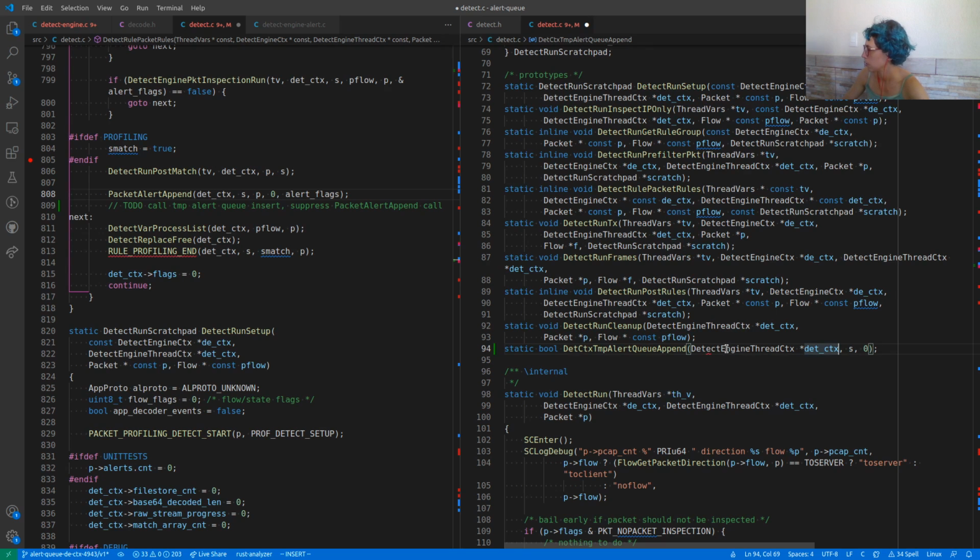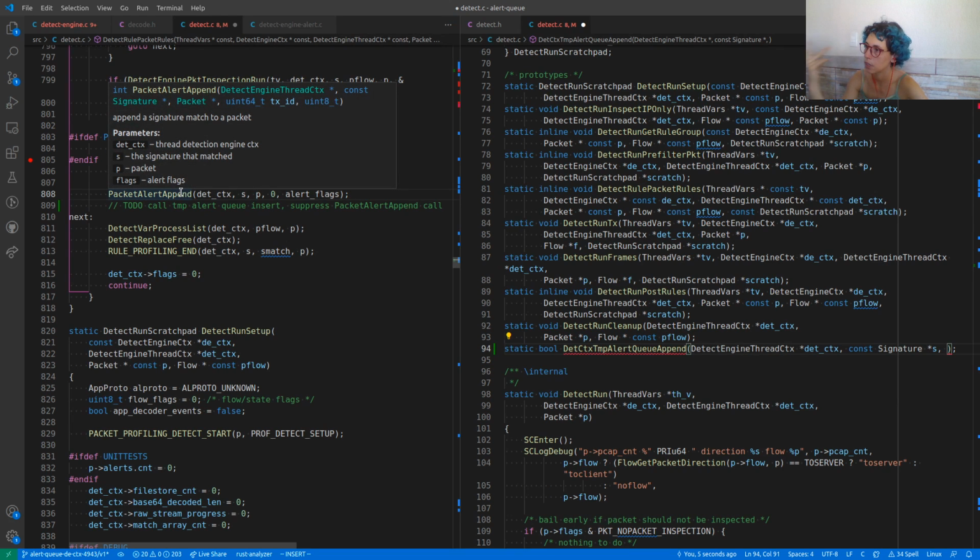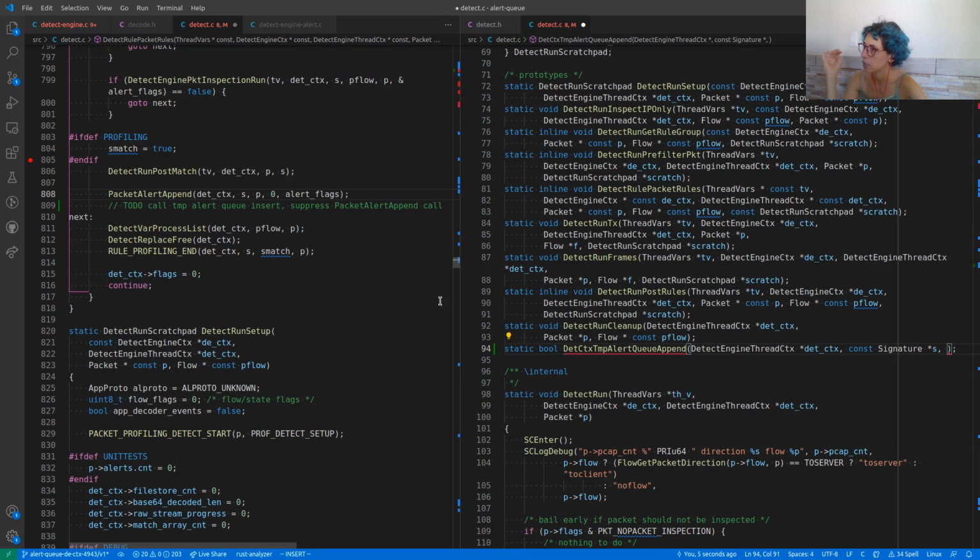Let's remove this. Then we have a const signature pointer s. Then we have the packet pointer and we have the transaction ID.